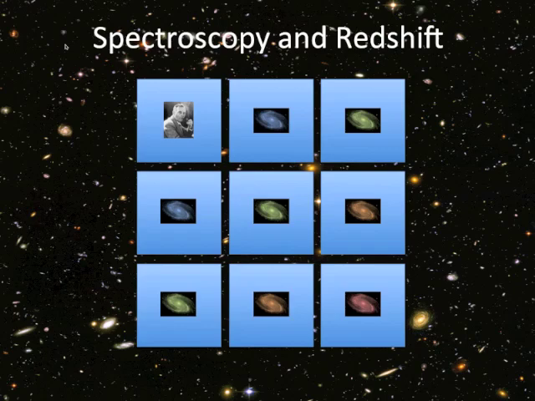And that depends basically on how old the stars are that live in that galaxy. Older stars usually are redder, and younger stars are usually bluer. So if you see a red galaxy, it's difficult to know if it's a blue galaxy that's very far away, and that's why it looks red, or if it's really a nearby galaxy that's intrinsically red. So in order to overcome this, we use a tool that we call spectroscopy.